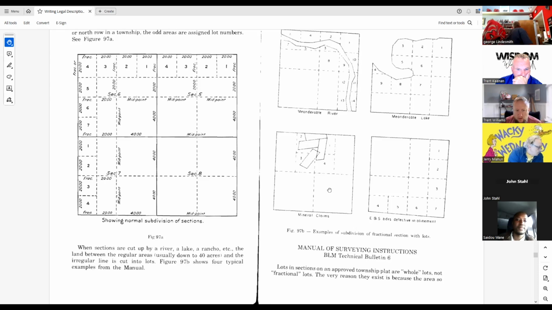If you're new to sectionalized land, it's important to understand how it was laid out. The township boundaries were the first to be laid out, and then they broke up interiorly to the sections, and then the interiors of those sections were intended to be broken out by the local surveyors, the private surveyors at the time, but sometimes they were broken out by government surveyors as well.